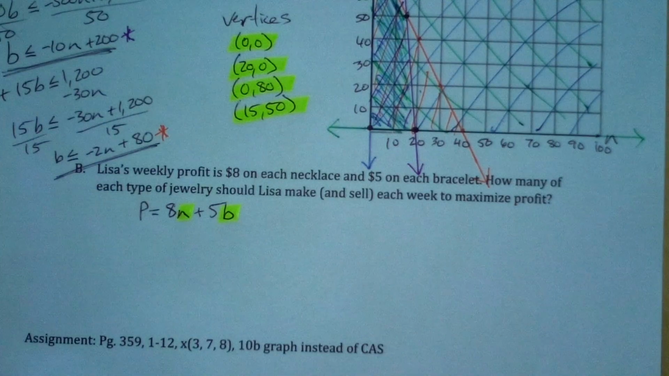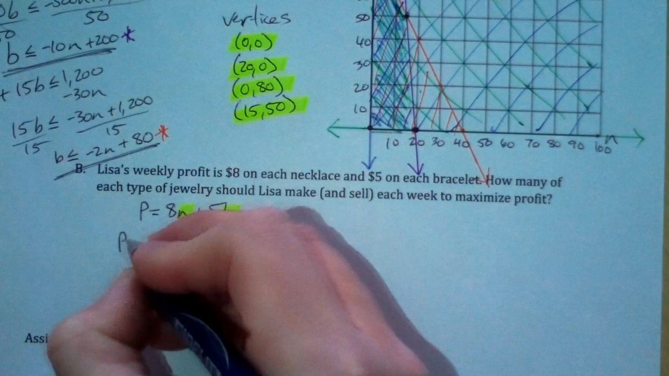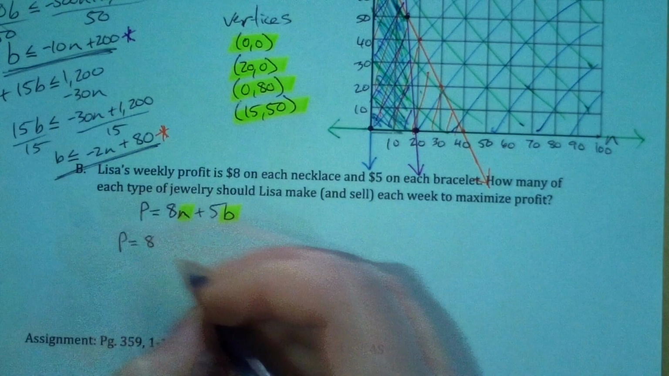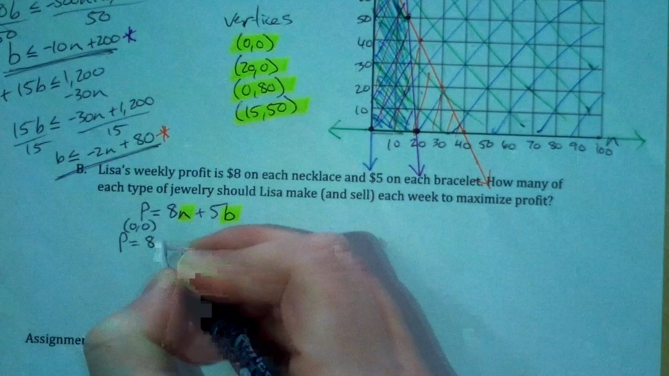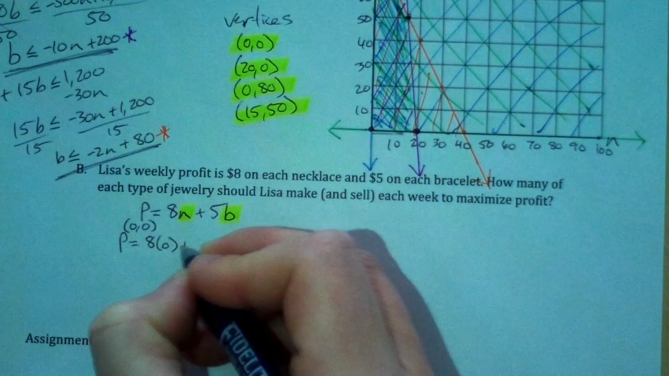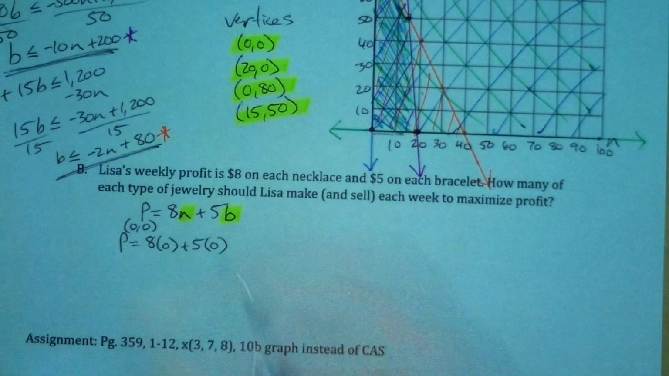Okay, so you get that book page assignment: 1 to 12, skip 3, 7, 8. On 10B, it says to use CAS. Don't use CAS, just graph that, okay? So on 10B, it says CAS, just ignore that and graph that one instead. Okay, so we'll go over that stuff on